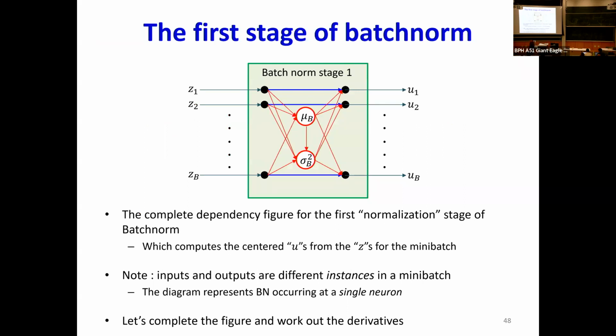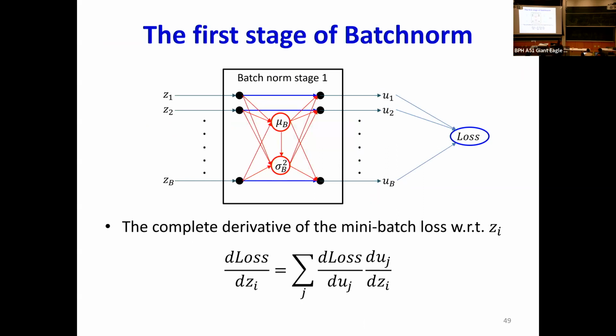Now let's go back and see how I can pass the derivatives from the u to the z. Okay, this is complicated or looks complicated, and it's made complicated by the mu and the sigma squared. I know that if I want to compute the derivative with respect to any single z, every z influences all the u's. All the u's influence the loss. So I have to be summing over all of the u's,